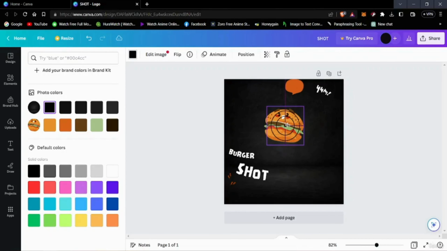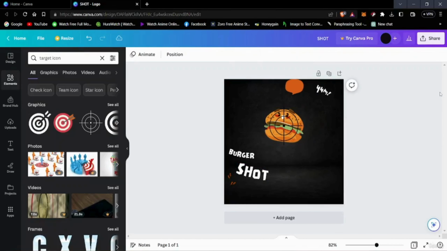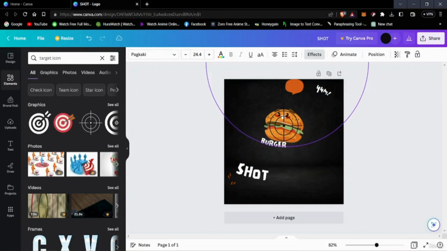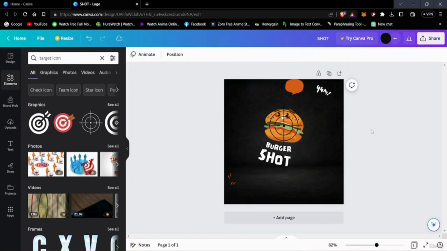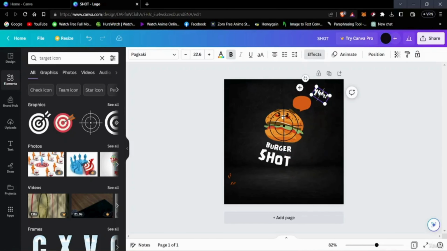Okay, now since we have our Burger Shot logo here, and we're gonna place the name, let's place the name, let's say here, and we're gonna place it right here. Okay, it was like this before, but still. And then we're gonna place this here, and we're gonna change the font here as well. Okay, and we're gonna change it to